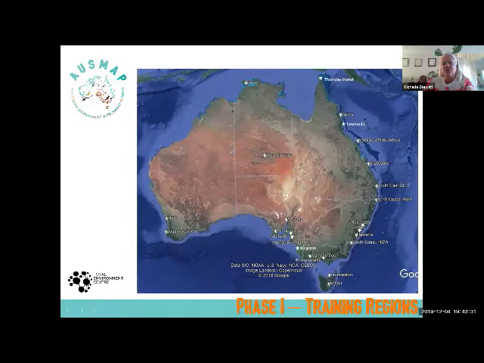All right, so this shows the training regions approximately for where we've been. As you can see, most of the trainings have taken place down in New South Wales and in South Oz, obviously, as I'm based over here in South Oz now. We have been undertaking quite a bit though in Queensland. We are part of the Tangaroa Blue Reef Clean project.